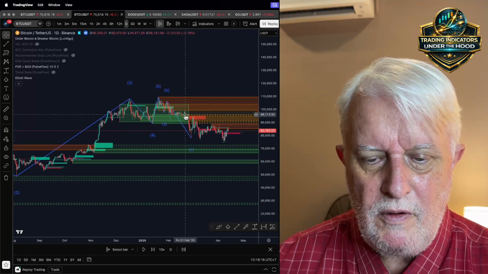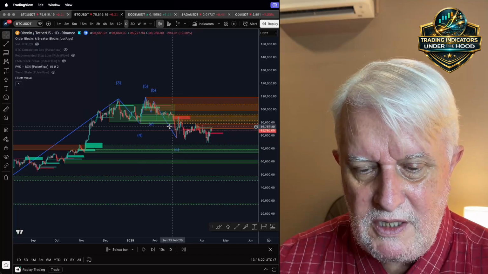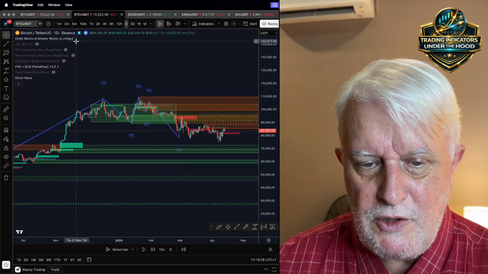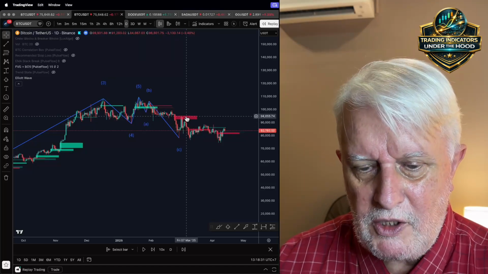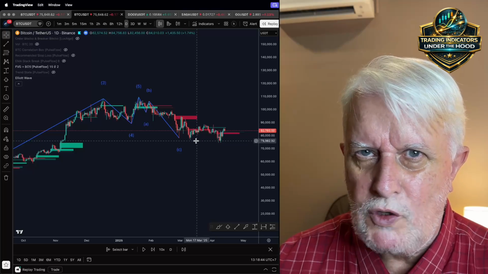At the top, it forms bearish order blocks and bearish breaker blocks, gets rejected, gets bearish fair value gaps, bounces back into them, as you can see here. That was why it came back up to get that liquidity, then it starts going back down. Now tell me, what did Elliott Waves have to do with that?